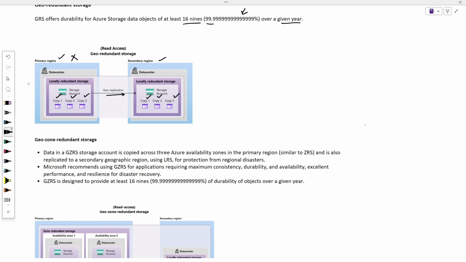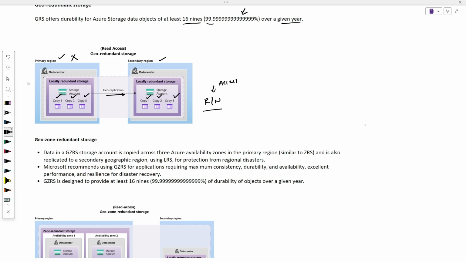Either Microsoft has to fail over to the secondary region or the customer has to manually fail over to the secondary region. Only then will you be able to do the read-write access. Until and unless you do the failover, you will not be able to access this particular data, which is in a